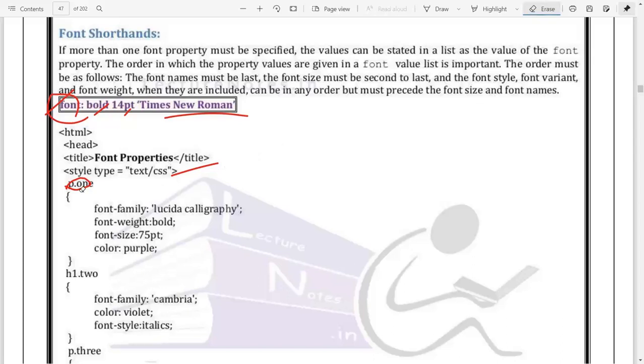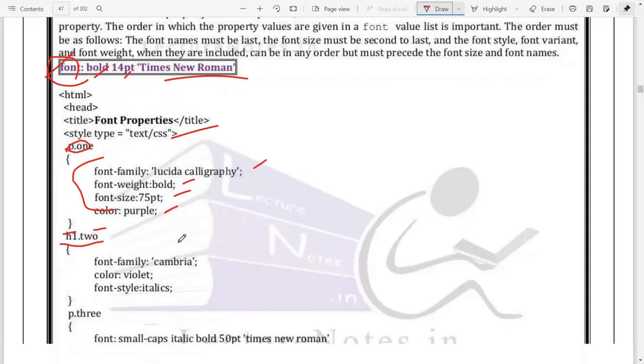We have the h1 tag dot 2, where h1 is the tag name and 2 represents the class name that you're using. For the paragraph tag, I'll be using these details: font family, this particular Lucida font type and font name. Font weight is bold, font size will be 75, and color I'm going to mention as purple.